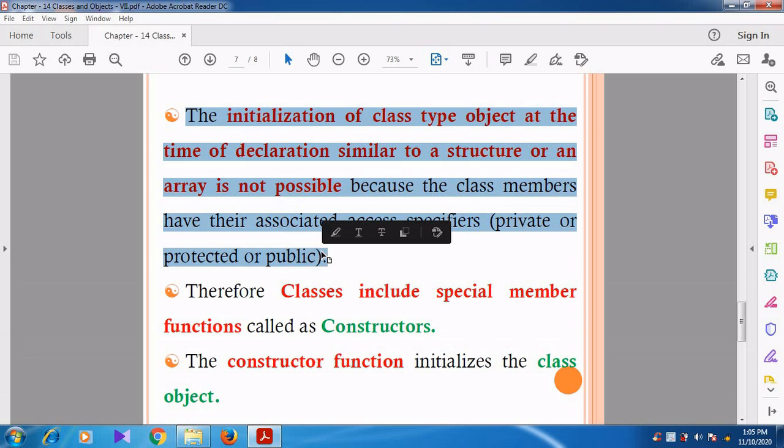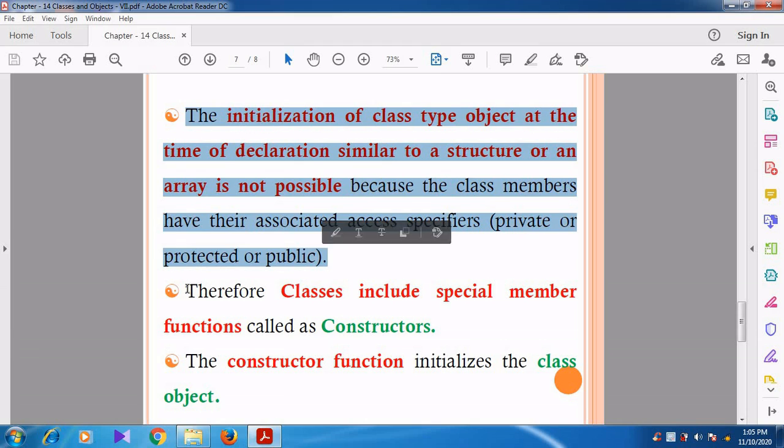So you cannot initialize the class object at the time of declaration. Declaration is possible, but initialization is not possible at the time of declaration.